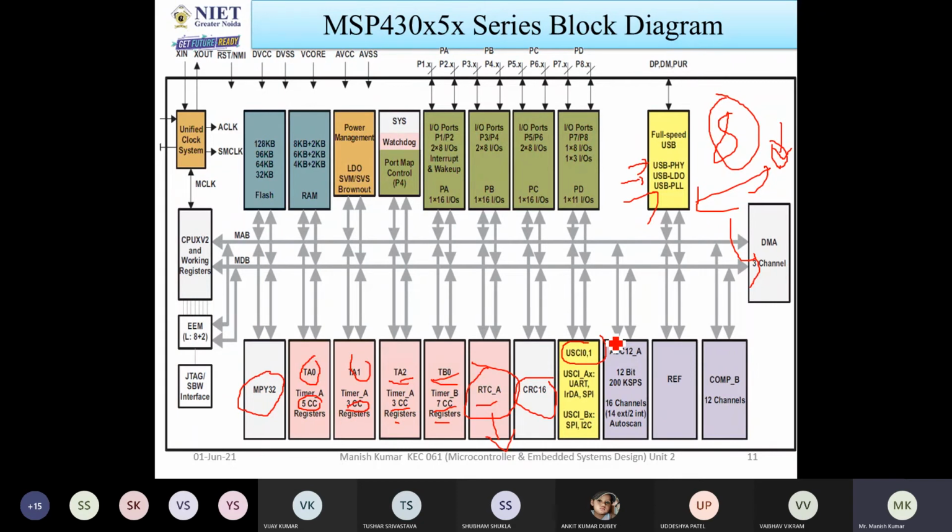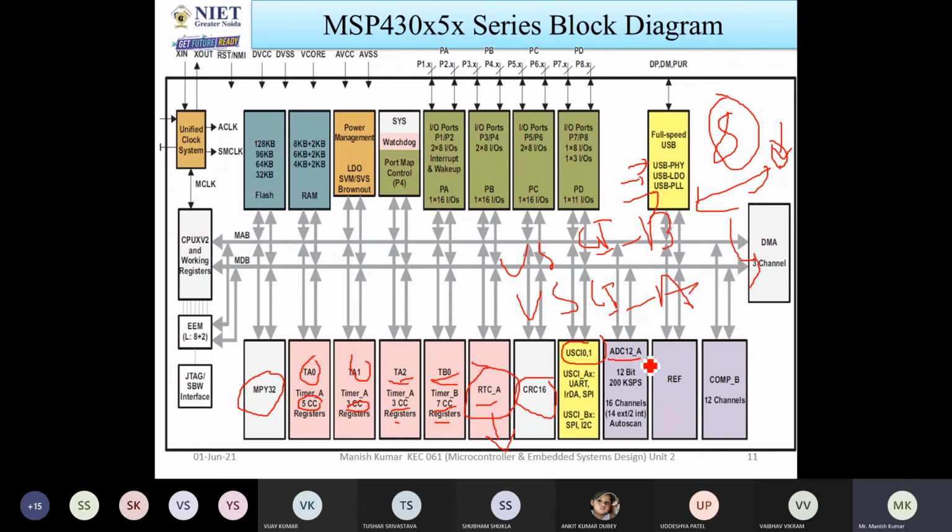It has two modules, USCI A and USCI B. One is used for asynchronous, one is used for synchronous.